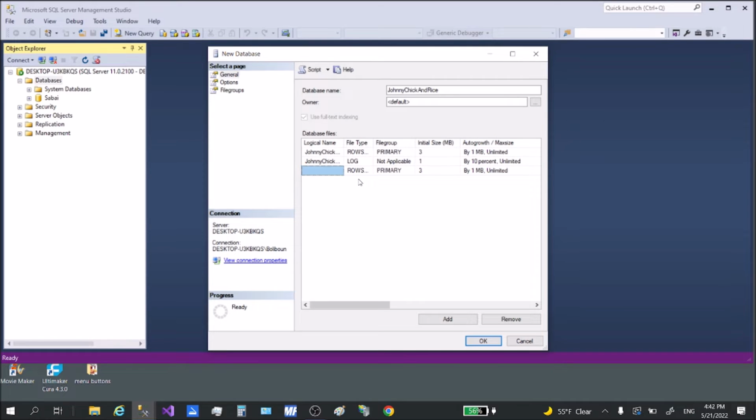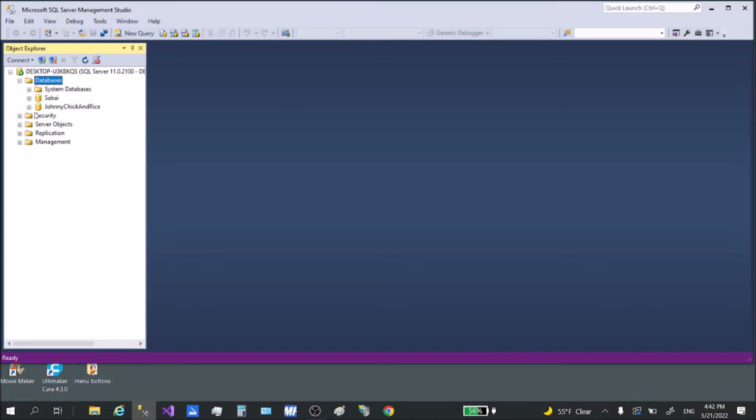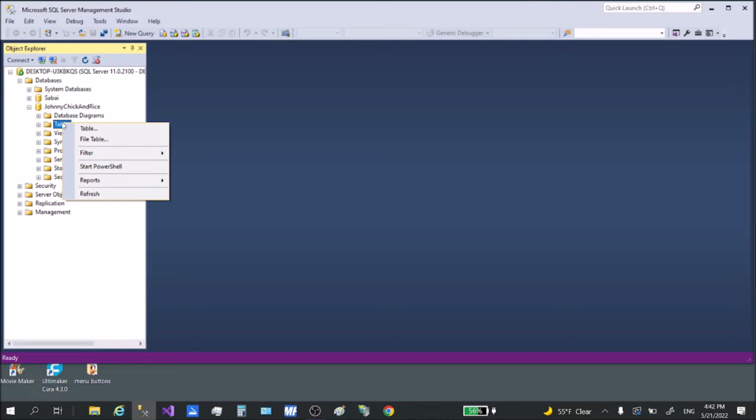That's weird. Remove. All right, and click OK. Now you see here we have our database, and let's go ahead and add a table to this. Right click on this one, add table,